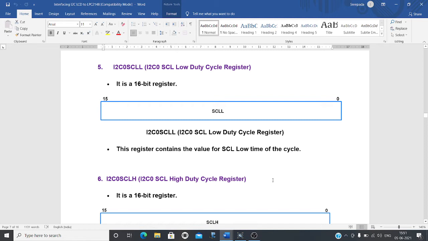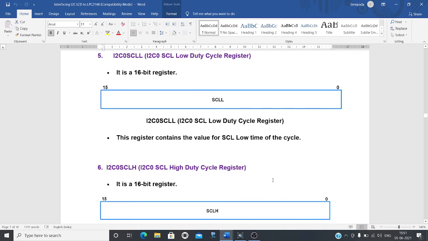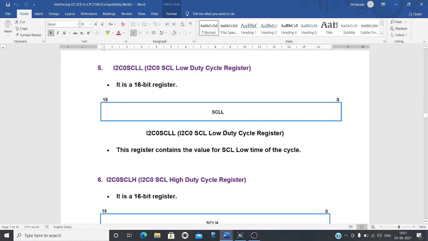The communication is not according to the processor clock. It should be dropped down, and it should be correctly configured. So you can get the correct clock pulse using these two duty cycle registers. Both are 16-bit registers.